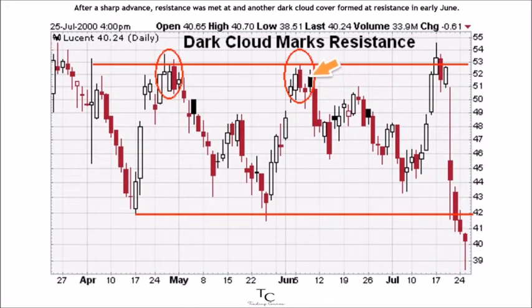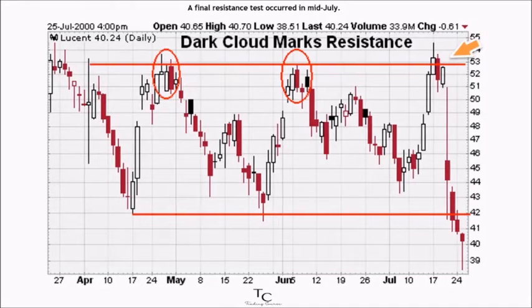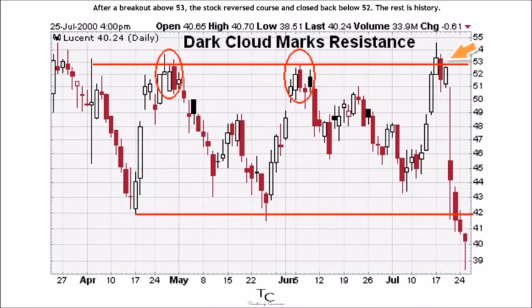After a sharp advance, resistance was met at 53 and another dark cloud cover formed at resistance in early June. Buyers clearly lacked conviction near 53 and sellers were all too eager to unload their stock. A final resistance test occurred in mid-July. After a breakout above 53, the stock reversed course and closed back below 52. The rest is